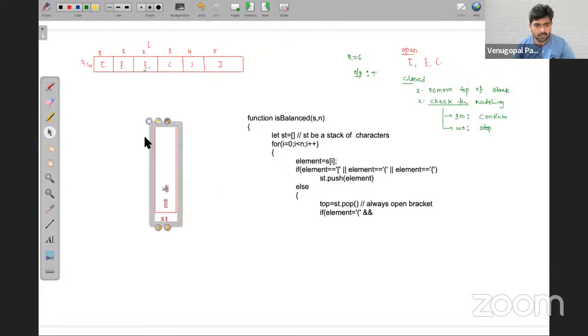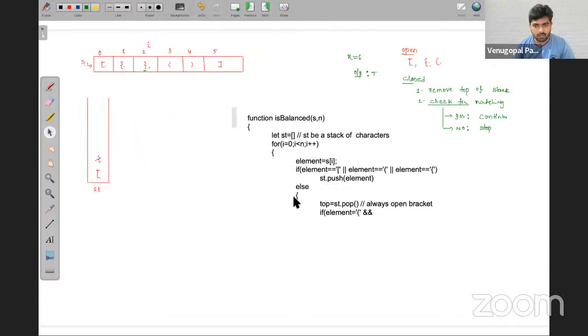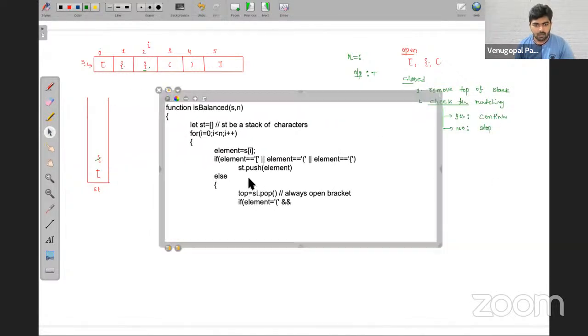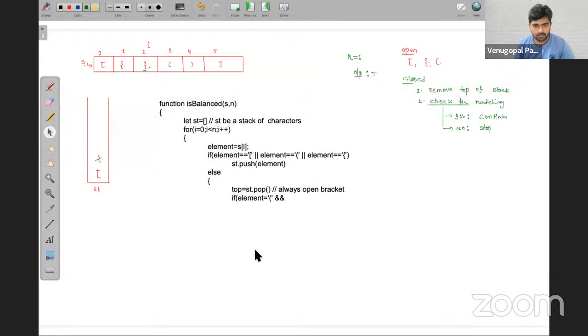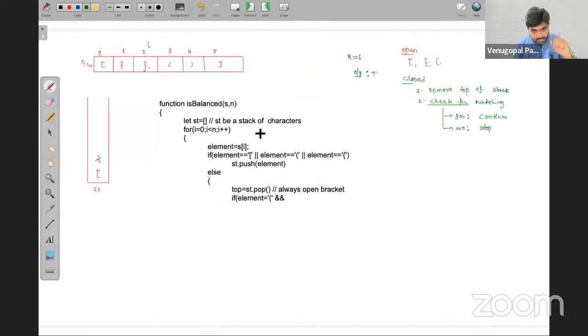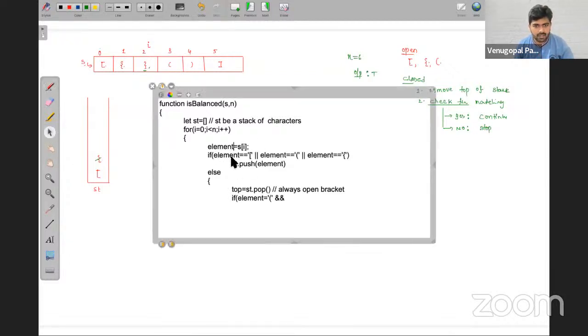Just need some space. So else, we have come here, right? So this element I have taken, now we are comparing. Let's change this element to not such a big name. So I have taken a character, which is equal to.